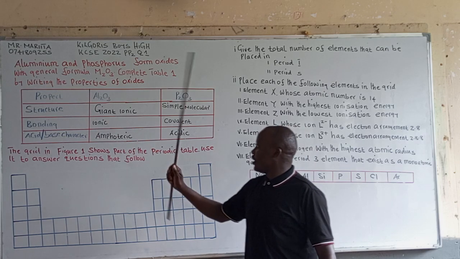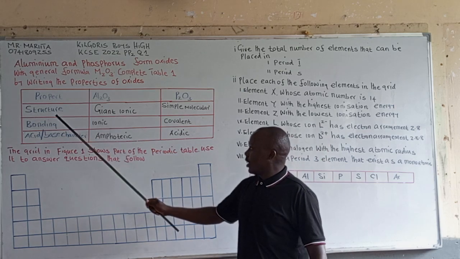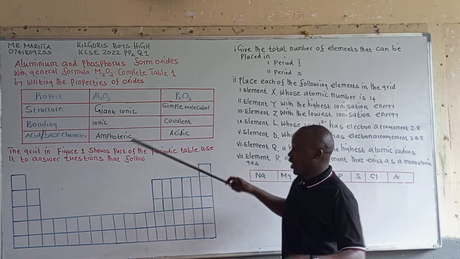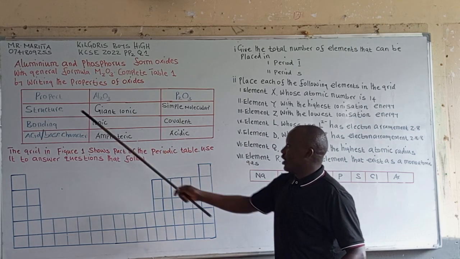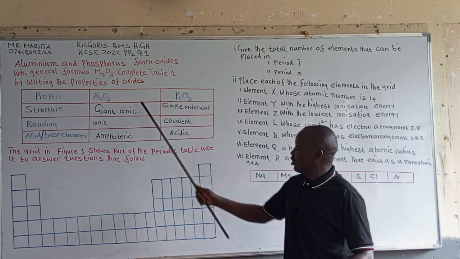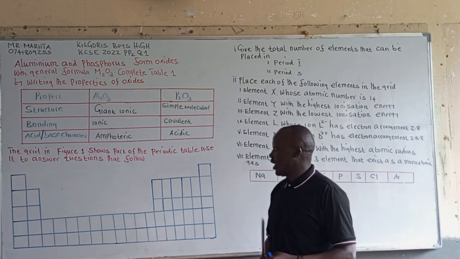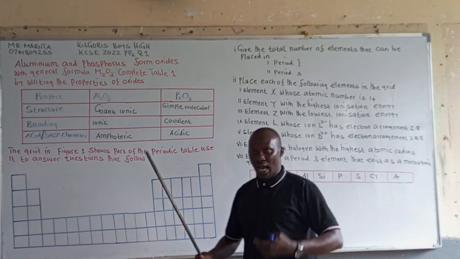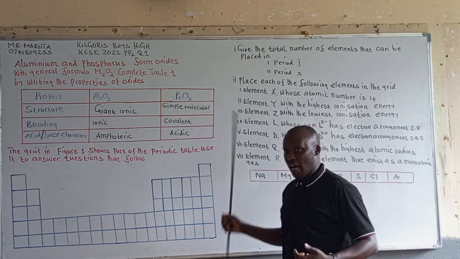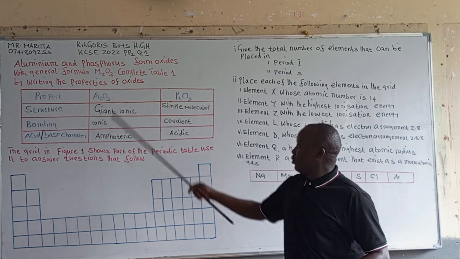So we have a property, then aluminium oxide, then phosphorus oxide. We have structure, bonding, and acid-base character. A candidate was required to complete this part. In its structure, aluminium oxide has a giant ionic structure, whereas phosphorus oxide has a simple molecular structure. In bonding, aluminium oxide has ionic bonding, and phosphorus oxide has covalent bonding. In acid-base character, aluminium